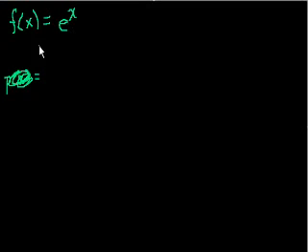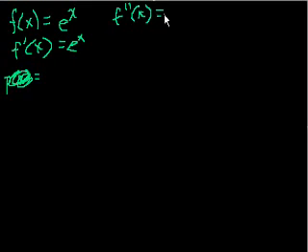So what is f prime of x? Well, that's also e to the x, right? What's f prime prime of x? Well, that is also equal to e to the x, right? We have learned, and I actually recently did a proof, that the derivative of e to the x is e to the x. But that always means the second derivative, the third, the fourth, and the nth derivative of e to the x is equal to e to the x, right? I could take an arbitrary number of derivatives of e to the x, and it equals e to the x,